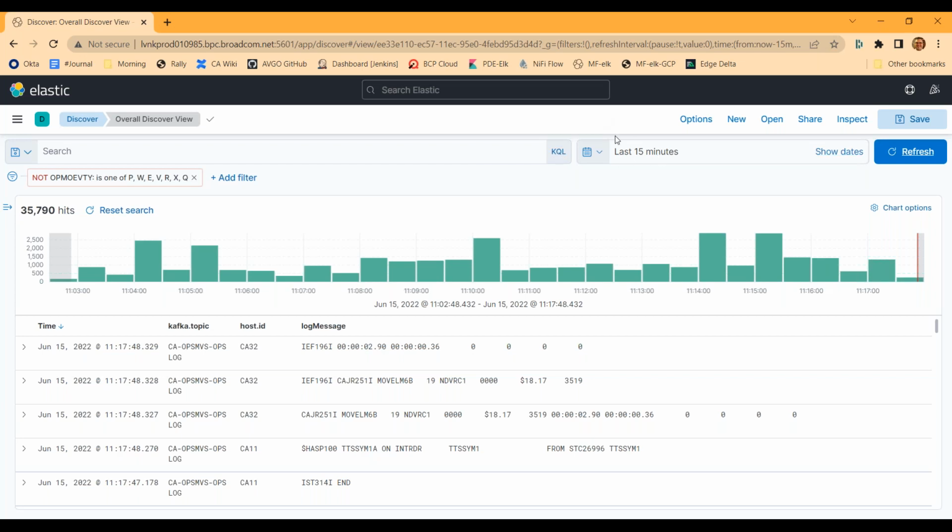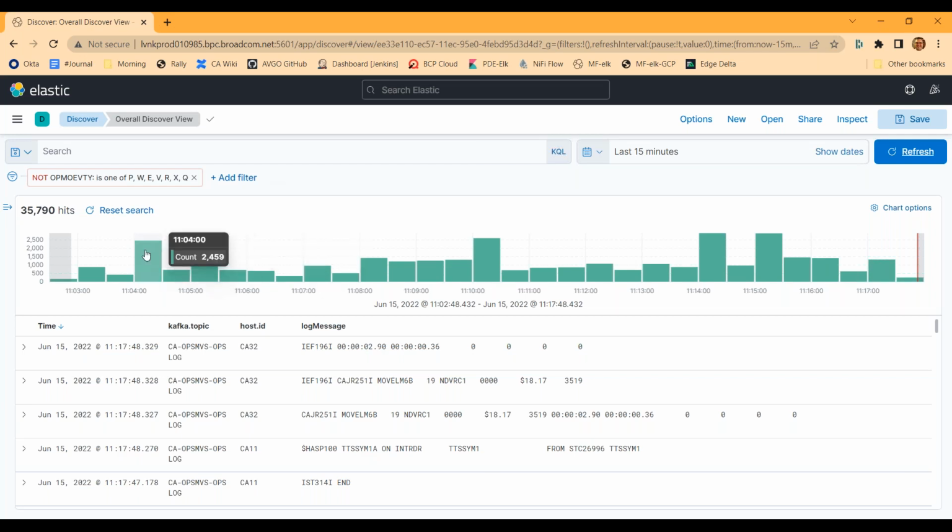In the upper right hand, there's a time picker, and what it says right now is the last 15 minutes to the left of this refresh button. So basically we're showing you data in an Elasticsearch database that has a timestamp within the past 15 minutes. There's also a filter, so there's all kinds of filtering and searching that you can do here. We will show you some of that to demonstrate the power of being able to bring all this data together.